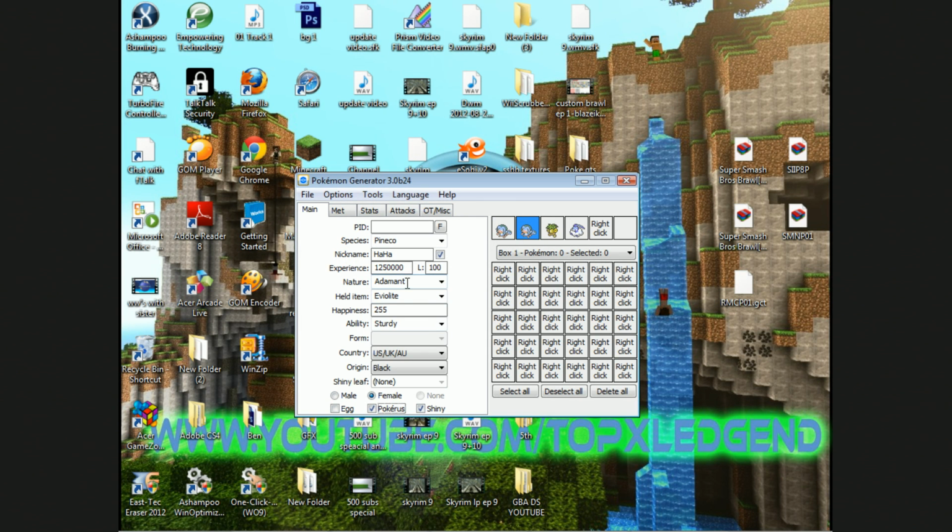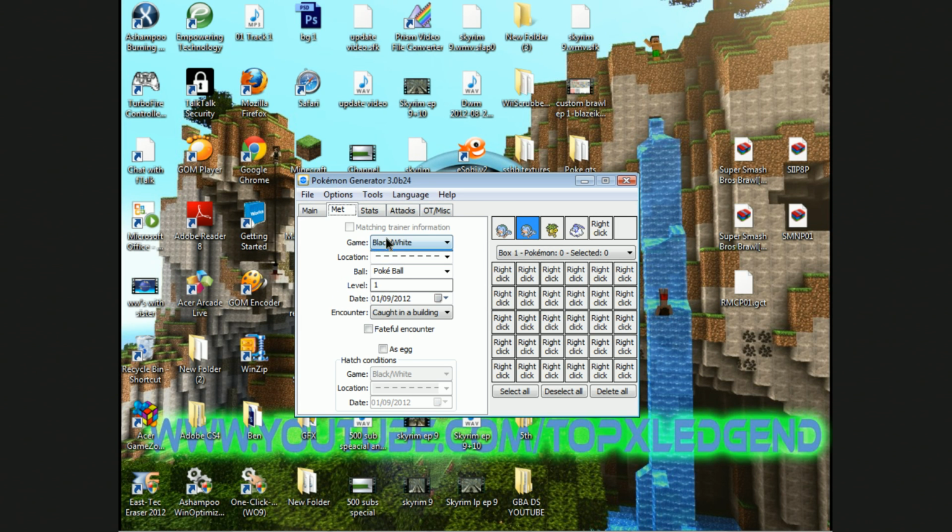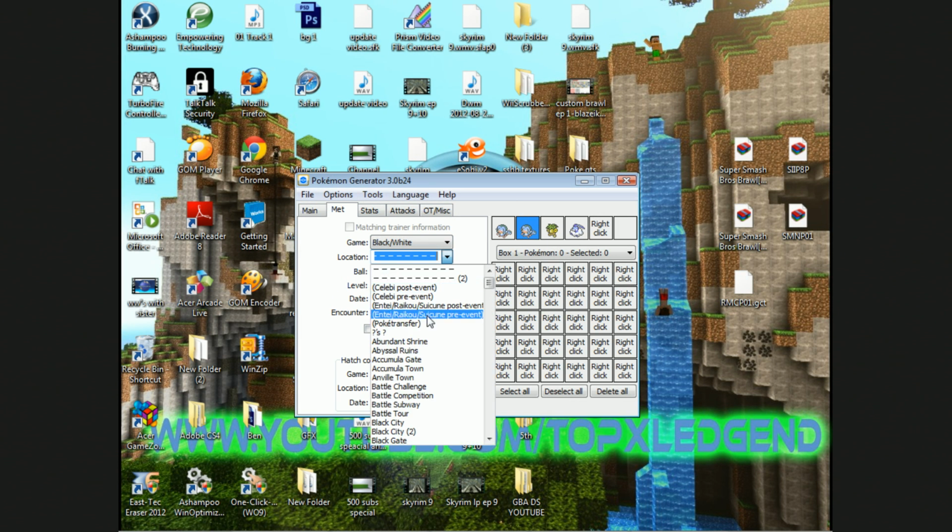Have it female or male. Shiny leaf is for Black 2. So I'm gonna put that like that. I'm just going to put someone in place like...